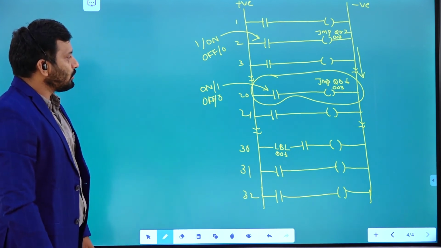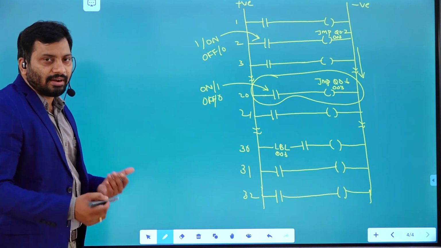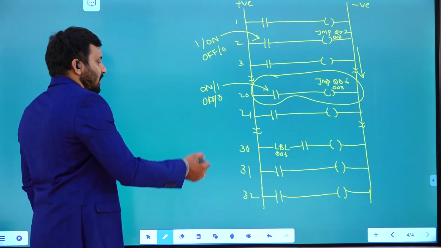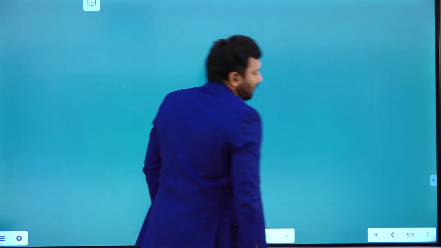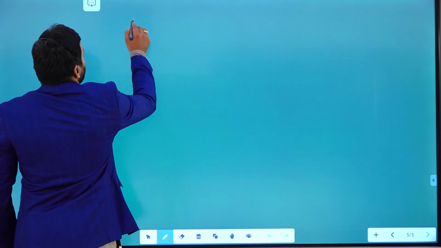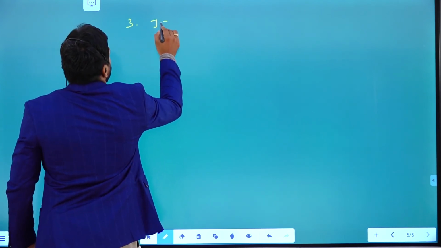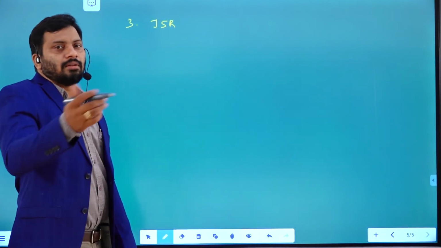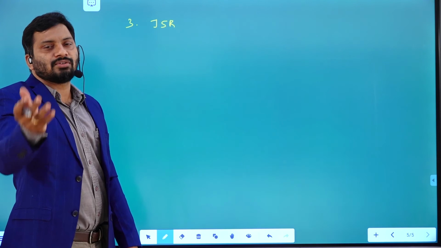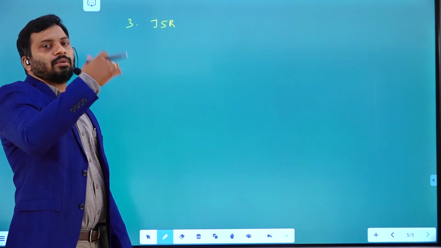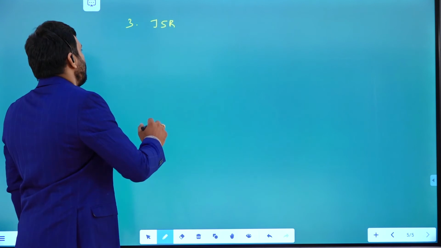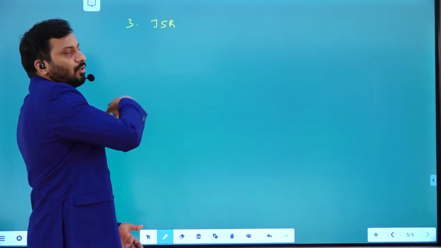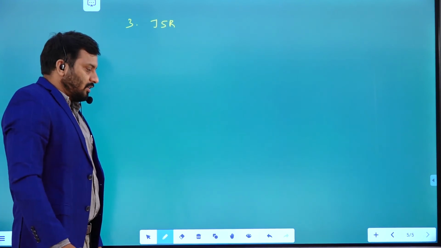With this, it is not going to get feedback, not return. It is jump without return instruction. We are now going to discuss jump with return. The third one is jump with return, JSR, jump to the subroutine. After execution of the subroutine program, we need to return. Jump to the subroutine program, and after its execution, it is going to return to the main program.